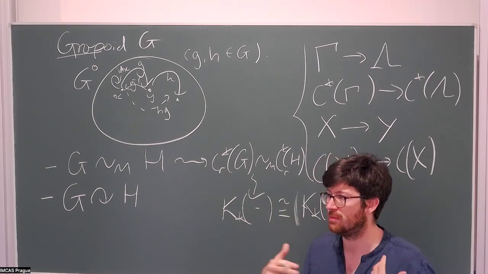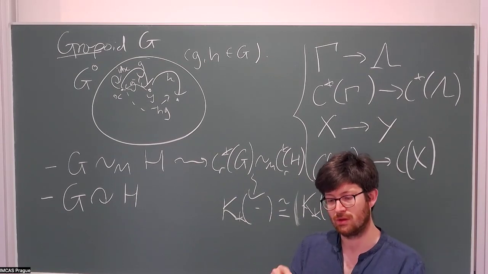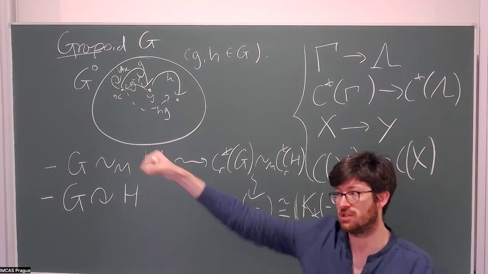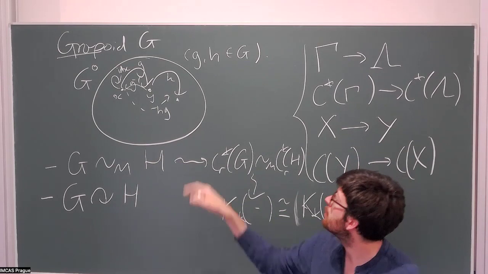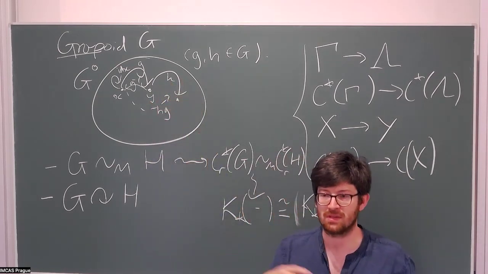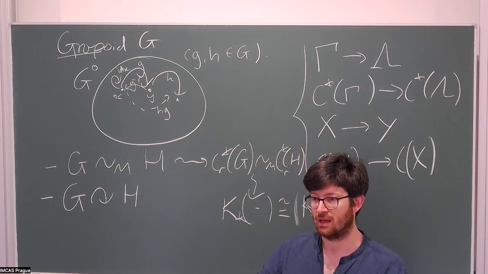You just have to have a little bit more data. You have to make sense of, okay, I want this arrow to act on this space element and push it somewhere. But with groupoids, you can't always multiply just anything together. So you have to have something that makes sense of when this arrow is allowed to act on this space element. And that